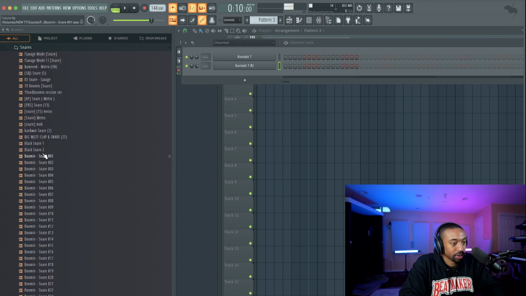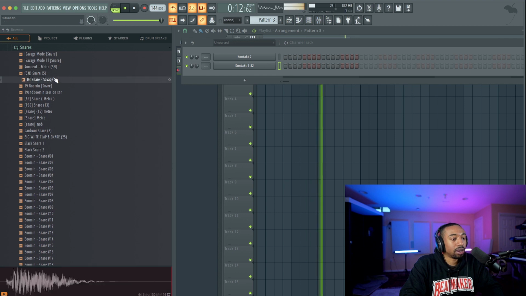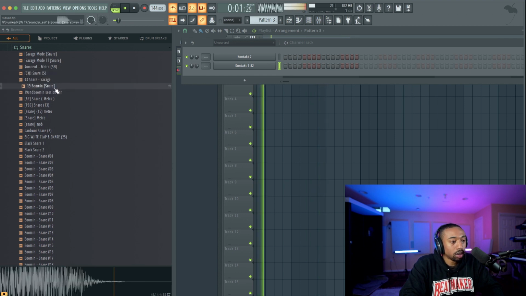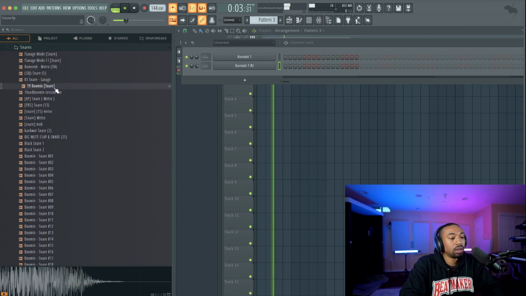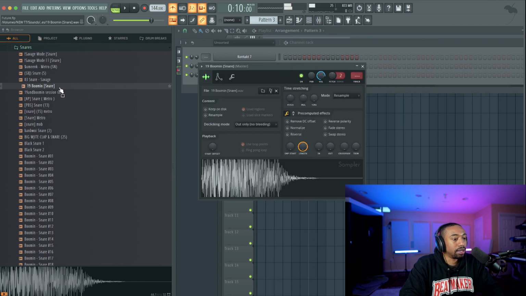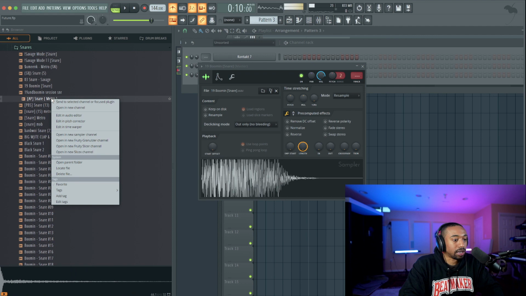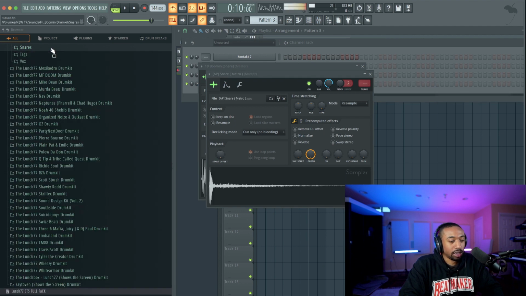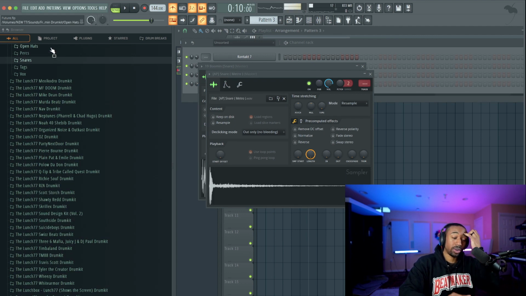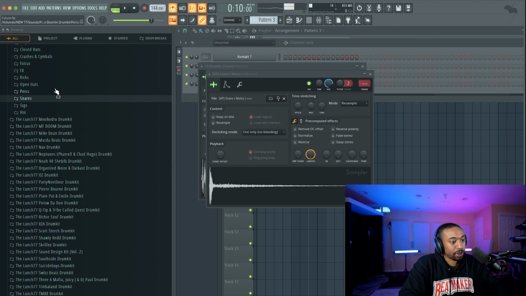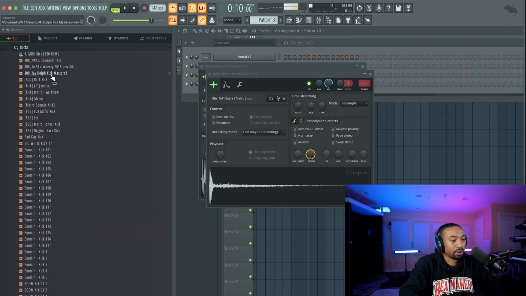Let's go to snares first. That will set the tone of the beat. I kind of want a hard one like this. Let's right click, open the new channel. And I'm gonna layer it with this reverb snare here. Let's right click, open that up. You gotta be careful layering snares because they're very transient heavy. So if you layer two transients on top of each other in the same frequency range, they could get really out of hand. So you gotta be careful with that, but that's more of a mixing thing.